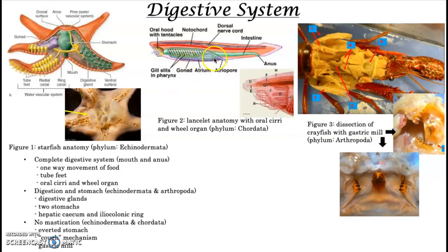It's this small structure here that's located just below the pharynx. And again, as the food passes through the pharynx, the hepatic cecum will release digestive enzymes into the ileocolonic ring inside of the intestine, and then it would just further break apart the food particles. And then it'll travel down the small intestine, get absorbed, and then any waste will be excreted out of the